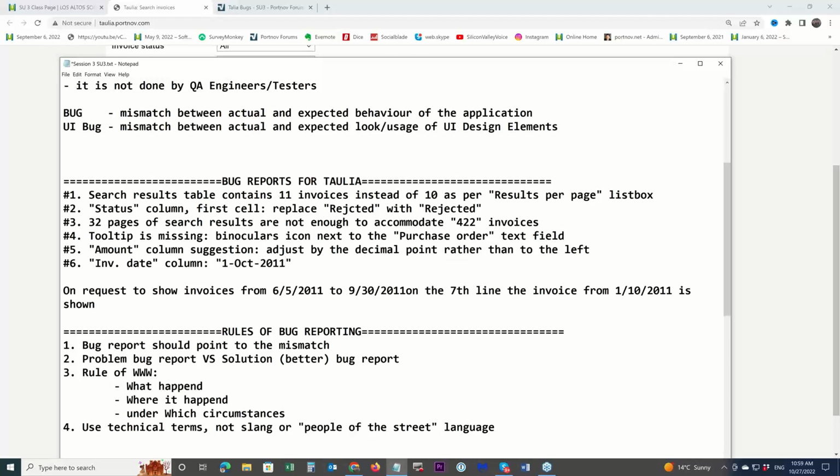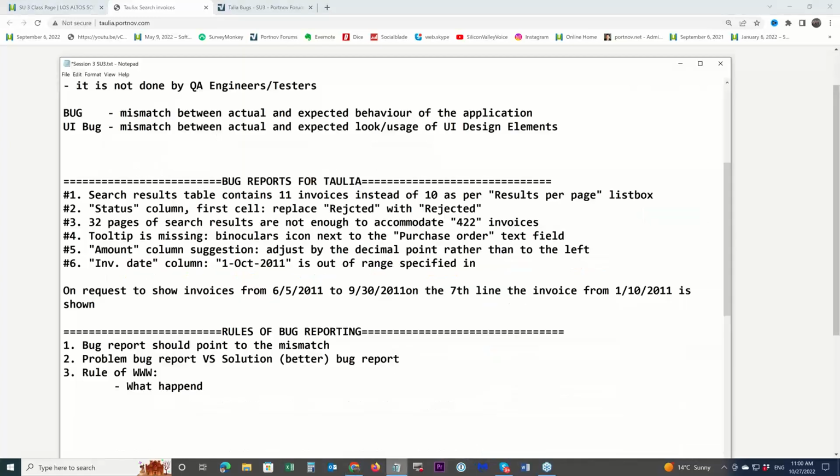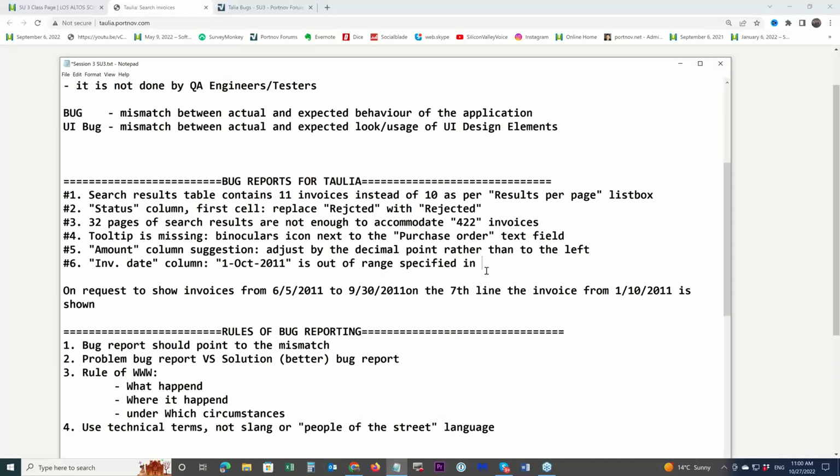That specific value is out of range specified in, where? Specified in invoice date fields. Okay. In invoice date fields.